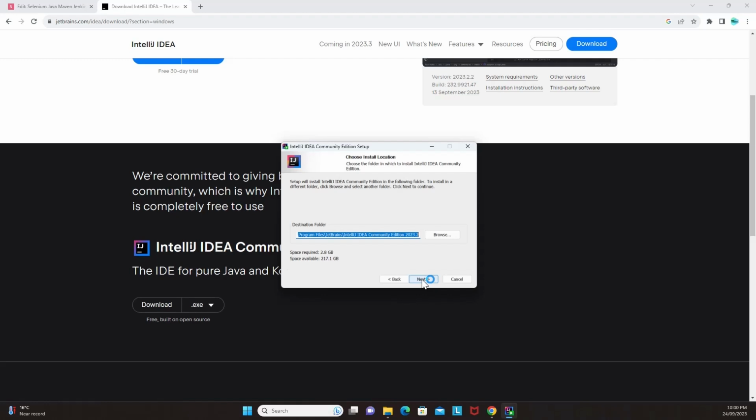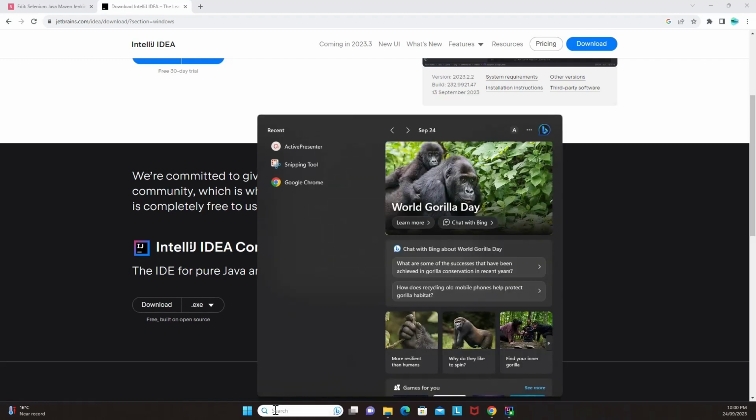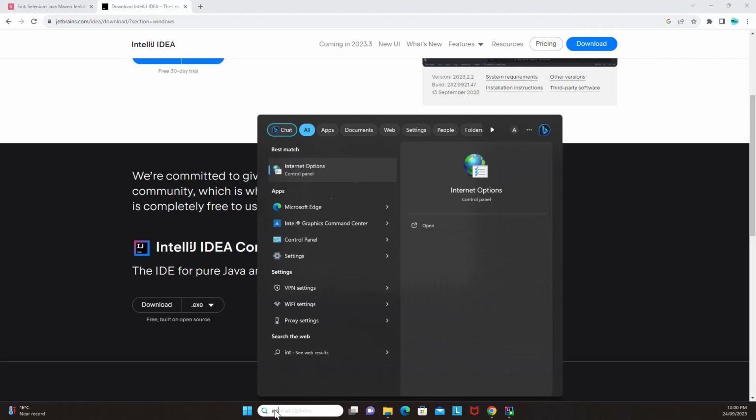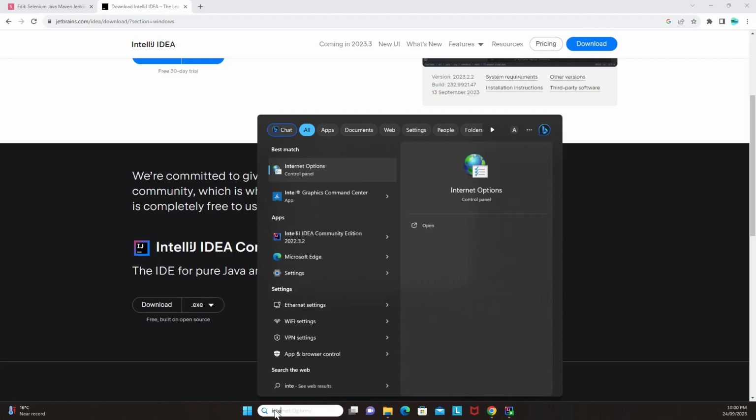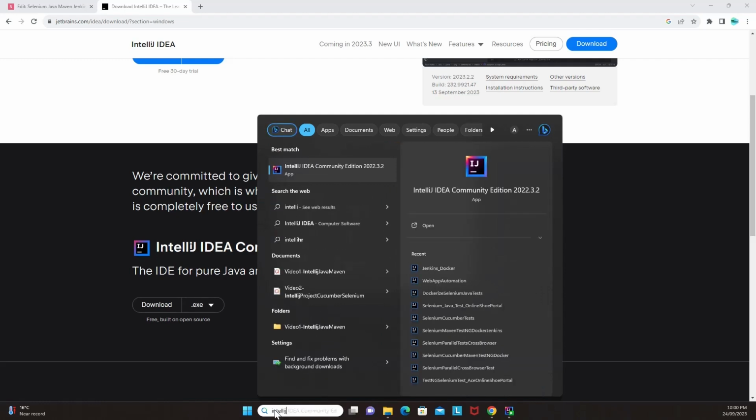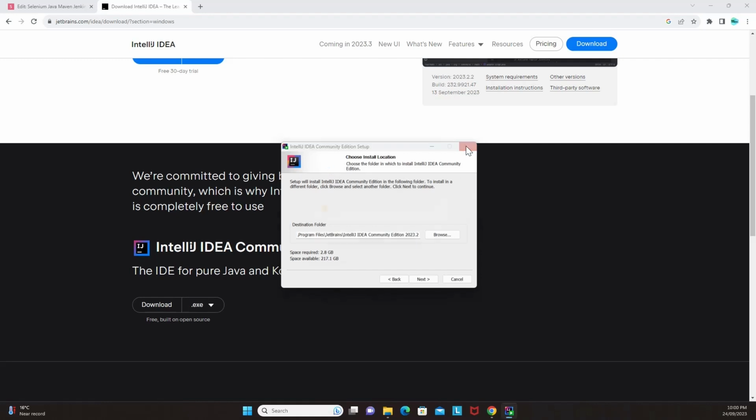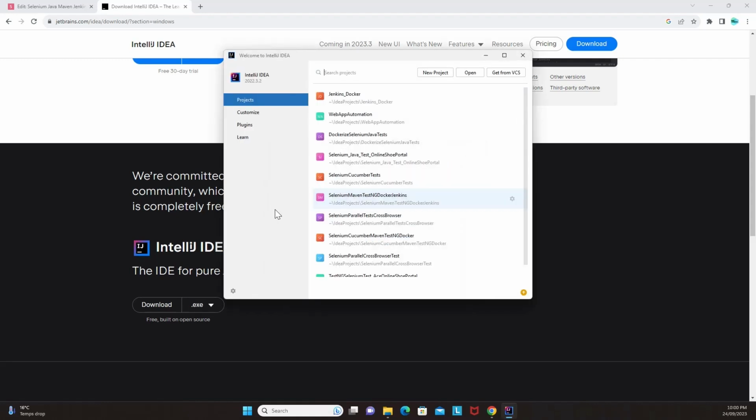Now, once the installation has happened and you have got a successful message, you can go into your search bar in your machine and just search for Intellij. The moment you type Intellij in your search box, you will see Intellij IDEA Community Edition 2022 getting opened up. So you can double click or single click on this particular window and something like this will open up,